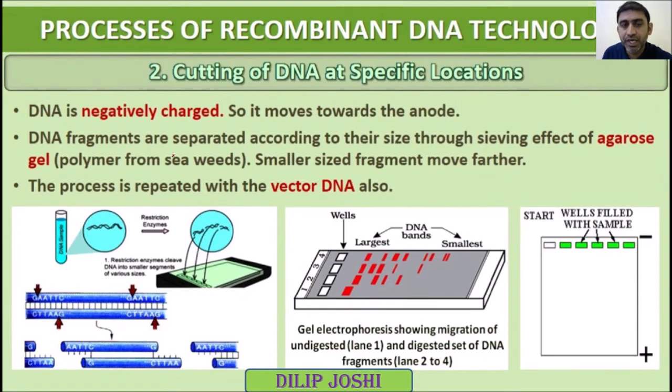So we know the DNA is negatively charged. Why is it negatively charged? Because it contains phosphoric acid. Electrophoresis is a technique in which separation of charged molecules takes place under the influence of electric current. In a liquid, aqueous medium, cations will go toward the negative electrode and anions will go toward the positive electrode. That is called electrophoresis, the movement of oppositely charged ions through an aqueous medium.